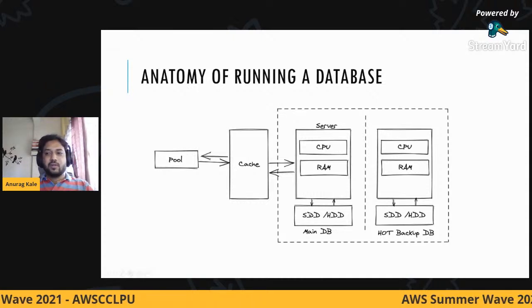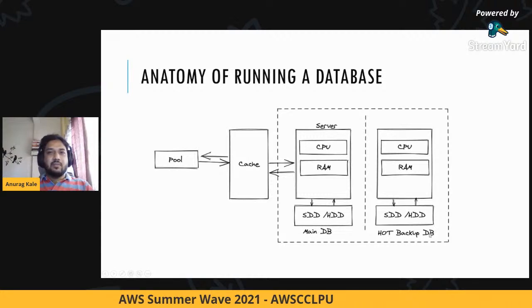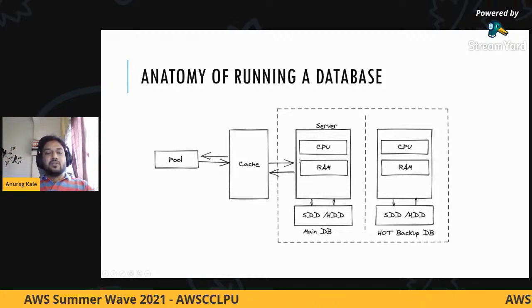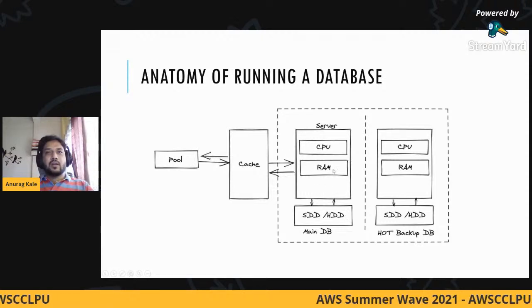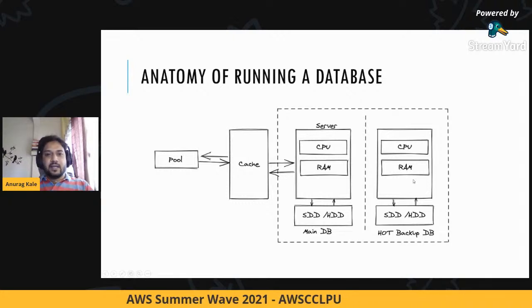In this slide, you see a small line separation between them, and we have a main DB and then a hot backup DB. Whatever transaction happens to this DB is copied over to the secondary DB.